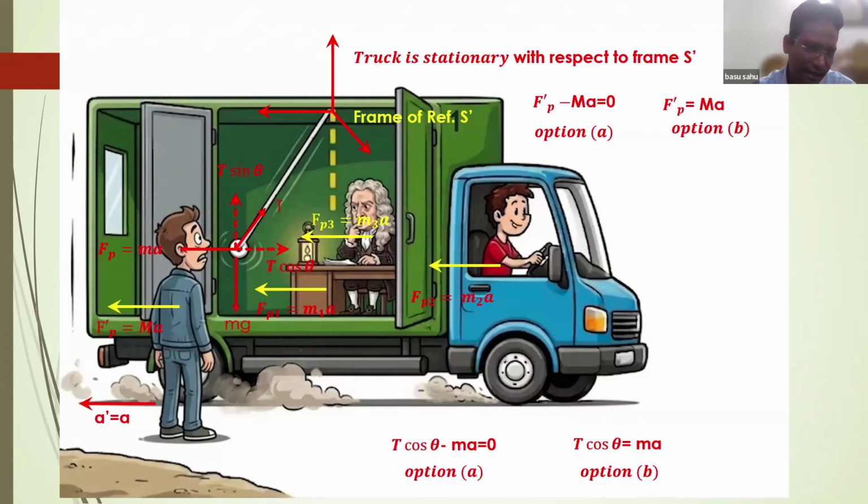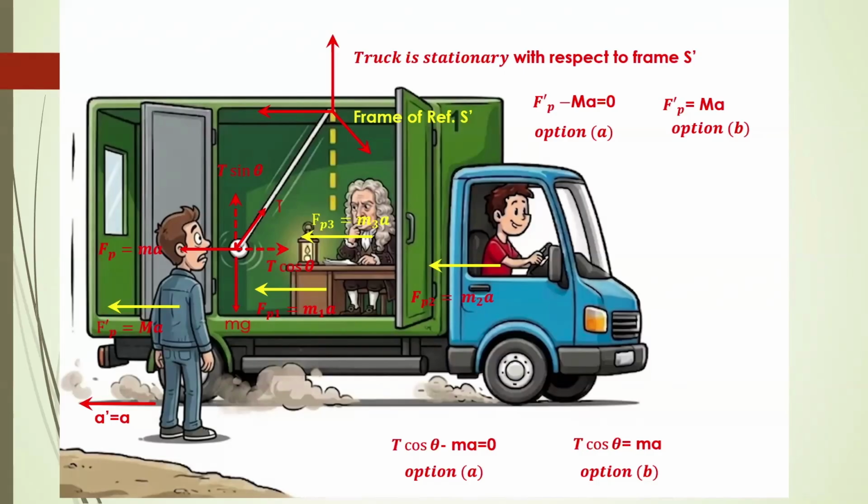If he slightly tilts or deforms his body, he may fall down due to slipping if there is no friction between earth and ground. If we consider F equal to 0, then a small disturbance can make the man fall down because there is no friction force. So we are not considering that, because the earth is also moving with respect to the S dash frame. So it is easy to not consider friction force.